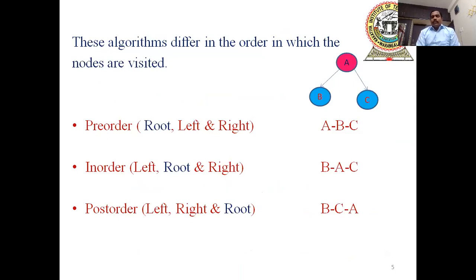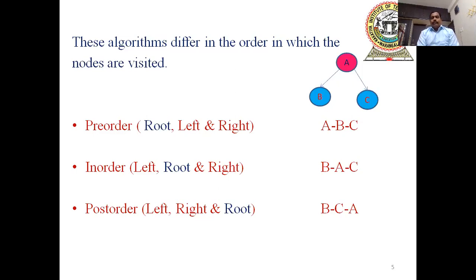So now we will discuss traversal techniques. Traversal means we have to visit all the nodes at least once. We will consider a small tree, where A is the root node, B and C are leaf nodes. Here we have 3 techniques to follow: pre-order, in-order, and post-order. What is the pre-order technique? Pre-order means first we visit the root node, then the left child, then the right child.